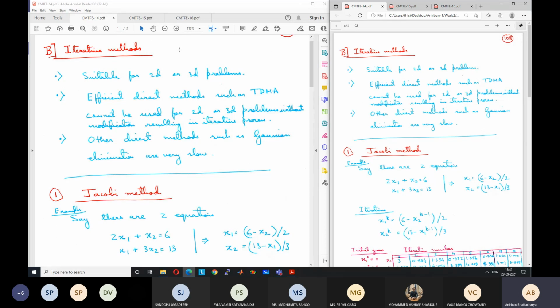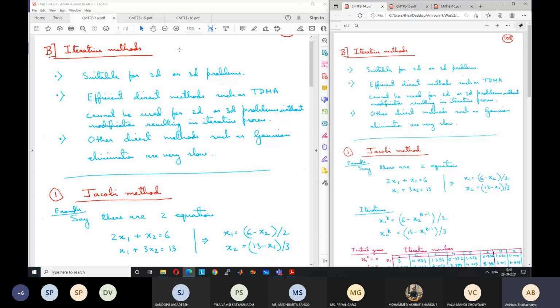So if you want to improve the accuracy, you have to make the convergence criteria stricter. So instead of 10 to the power minus 5, we can make it 10 to the power minus 6, or 10 to the power minus 7. But then the number of iterations taken to get to the converged solution will be much higher. Okay, but we have to take care of that.